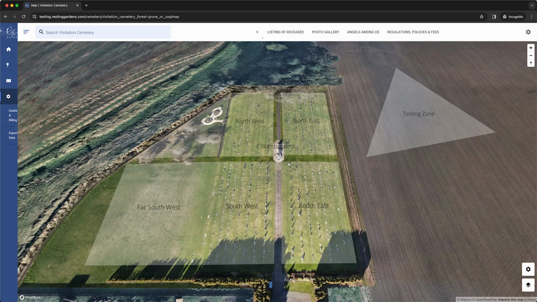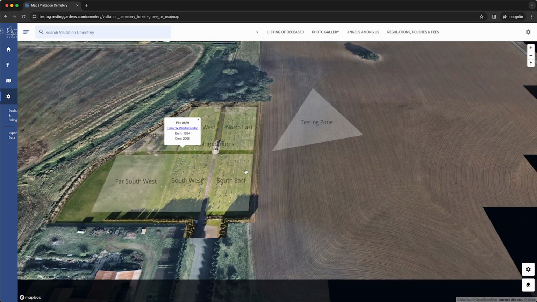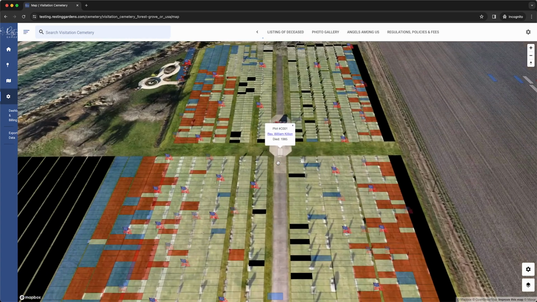But as soon as you zoom in, on a desktop, computer, mobile phone, or tablet, all those plots will be visible to you. And the reason you're seeing something like testing zone is because in our tutorial videos we showed you how to create zones and how to create plots, and you can watch those videos to get a better understanding of how those work. But to show you how to manage your day-to-day tasks within the cemetery,